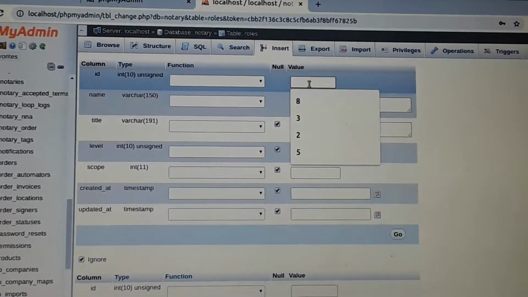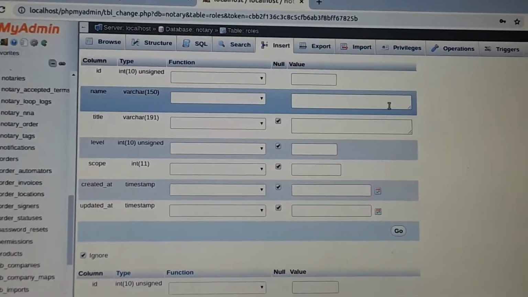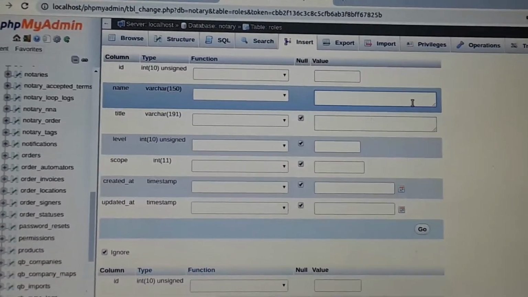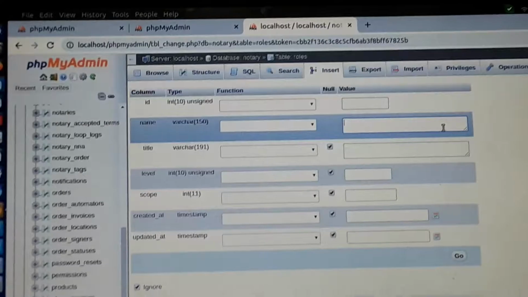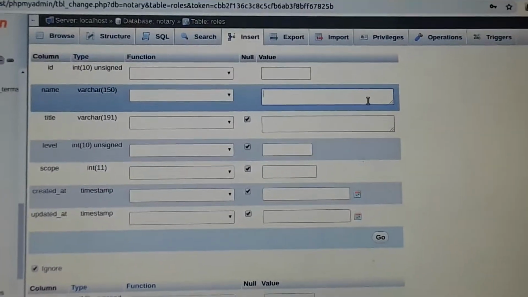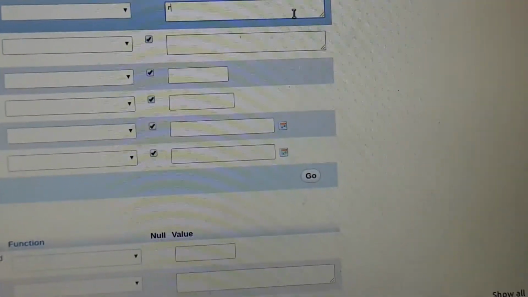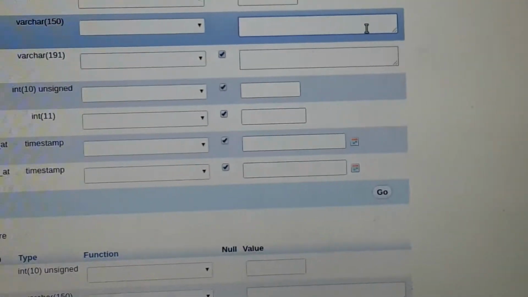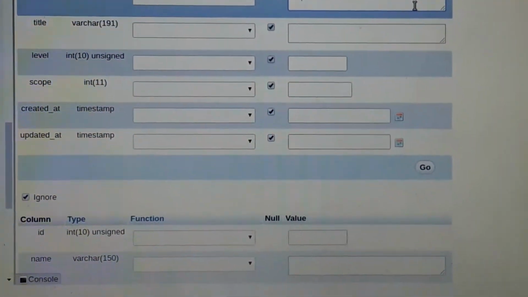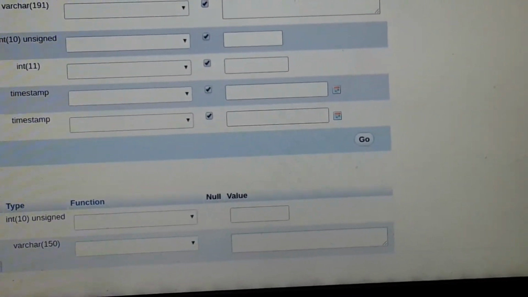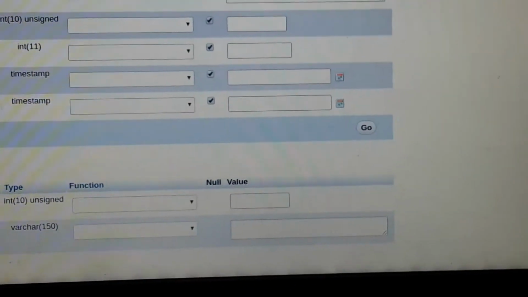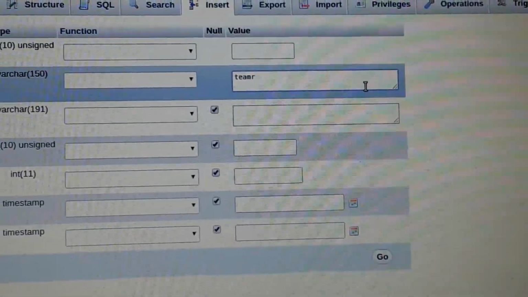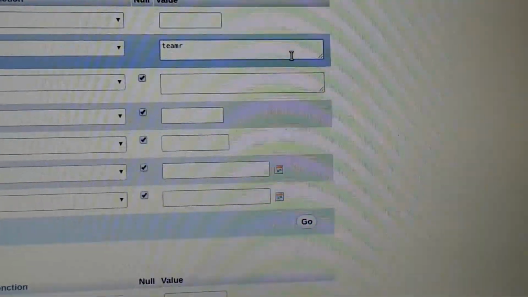This is the default. Here you can write any name. Assume team role, team admin.